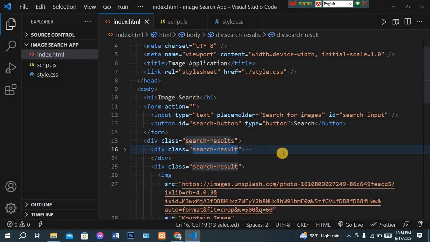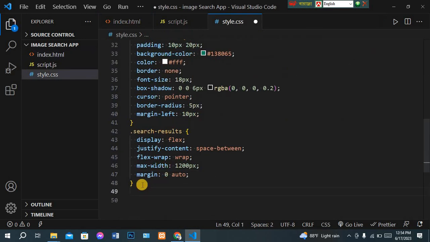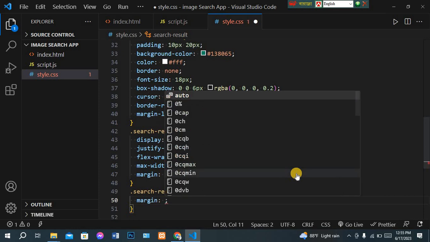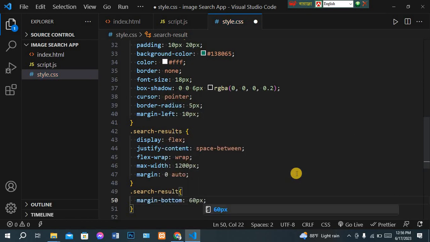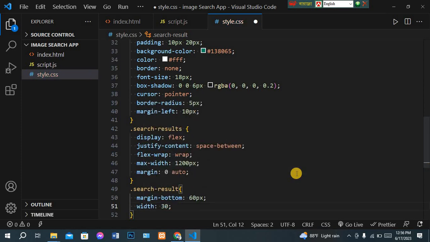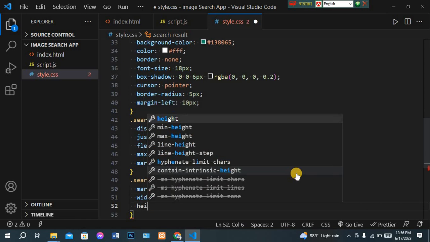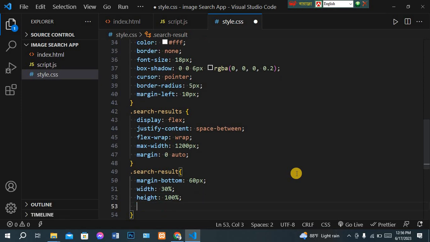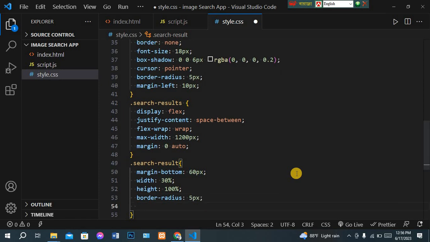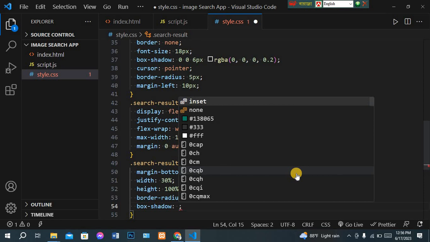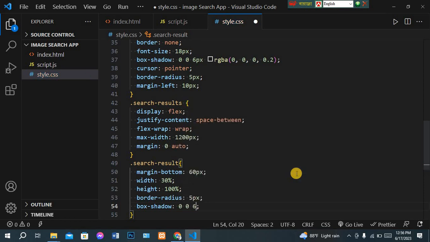Copy this search result, and here we can add some CSS like this: margin bottom 60 pixel, width 30%, height 100%, border radius 5 pixel around, box shadow 0, 6 pixel, RGBA 0,